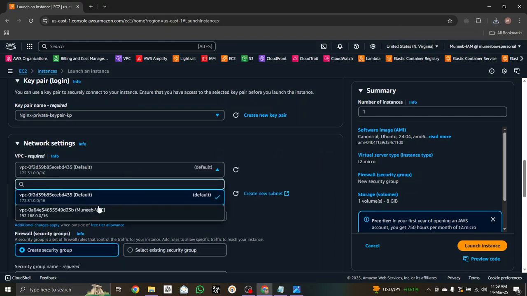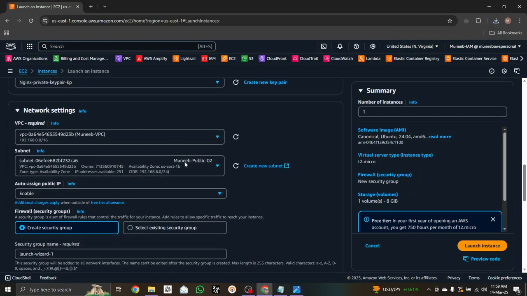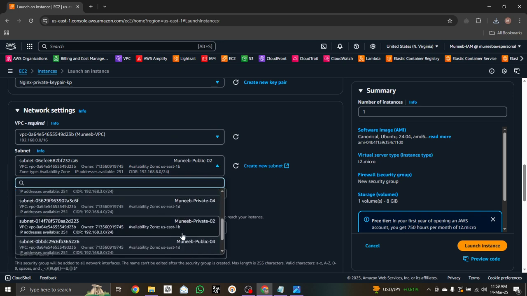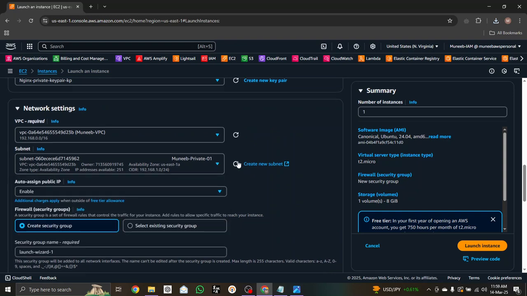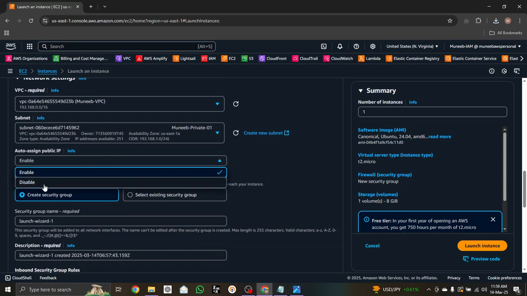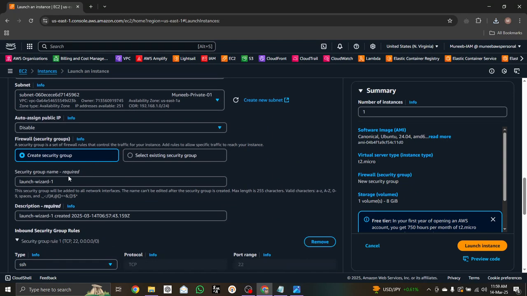Network settings are just like the last video. This time I'm selecting the private subnet, and assign public IP should be disabled. Let's create a new